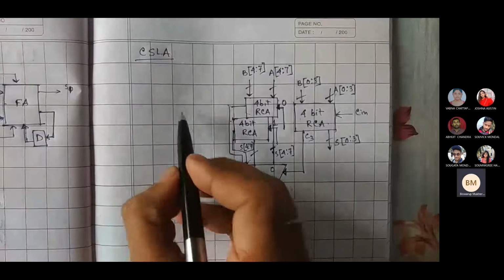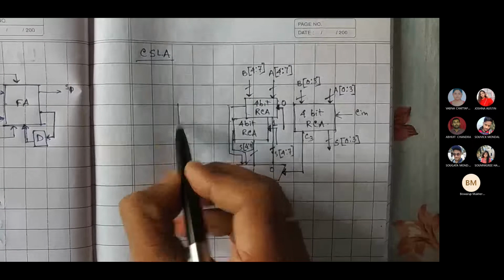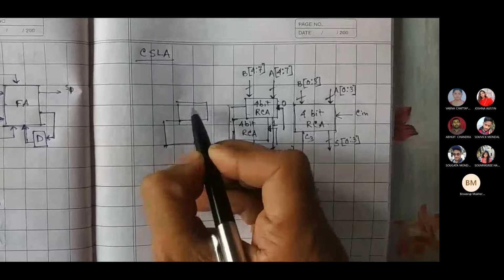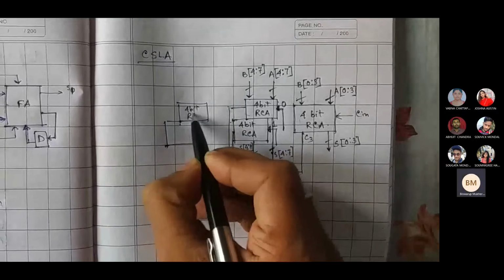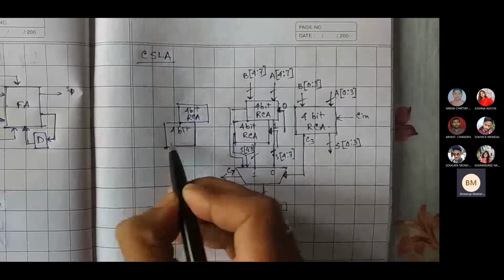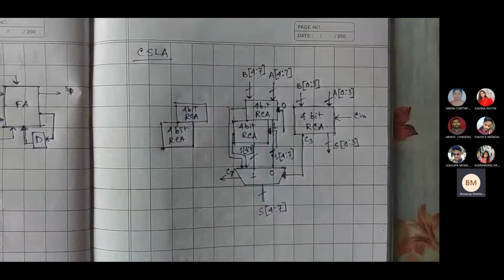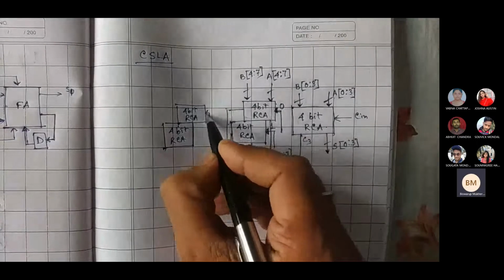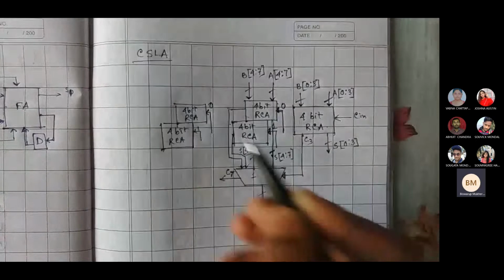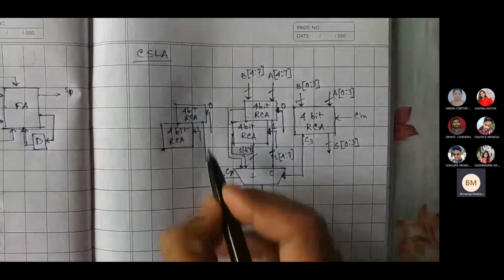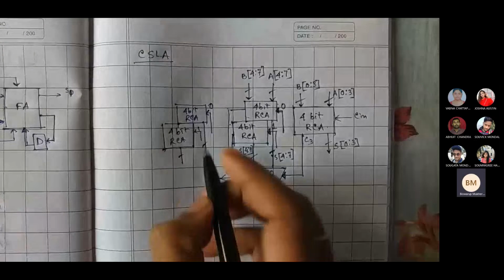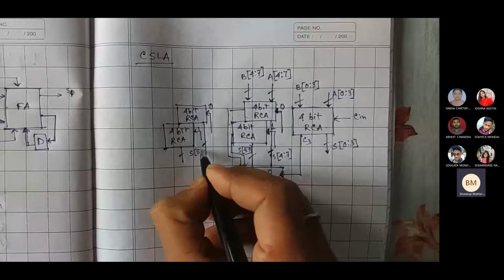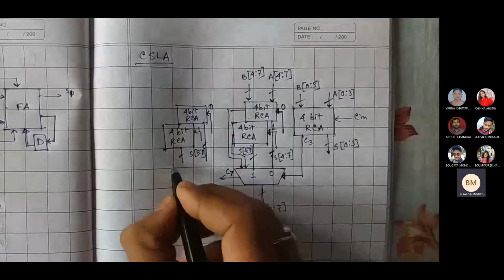The same thing is repeated for the next stage also. For the next stage also, we have 4-bit RCA, and again here also a 4-bit RCA. There also you have 0, this is for selecting 0, and this is for selecting 1. And this sum value is coming out, and this sum value is also coming out. The sum values are actually from 8 to 11, right? So these are the sum values from 8 to 11. This is also the same.